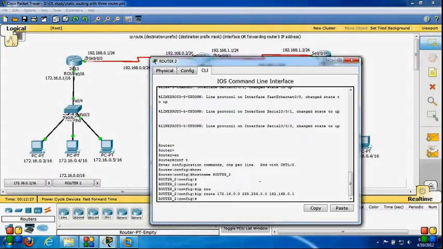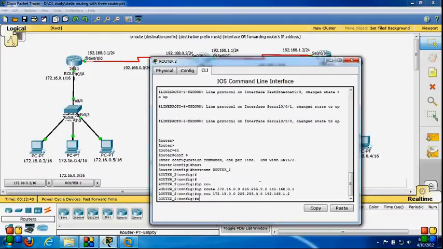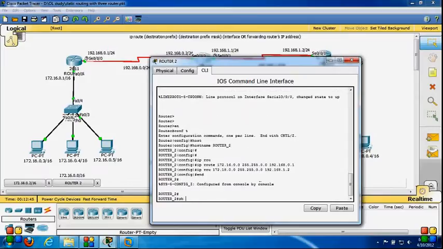So let's configure one more static entry: ip route 172.18.0.0, this is my destination network, and this is the subnet mask, and the next hop IP is 192.168.1.2. Hit enter, and then let's check the routing table.